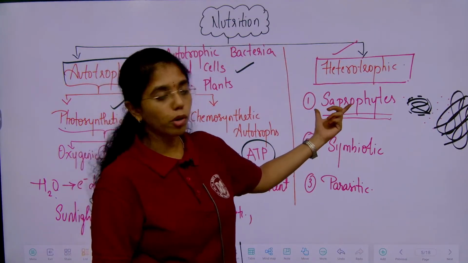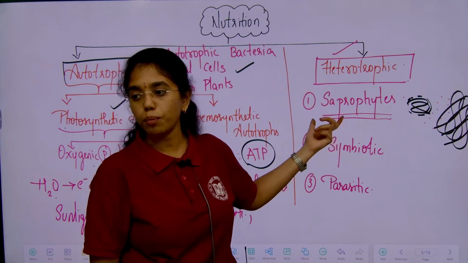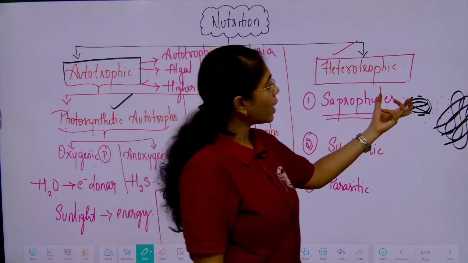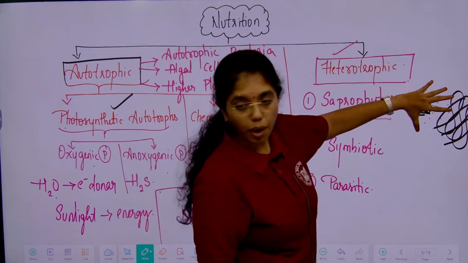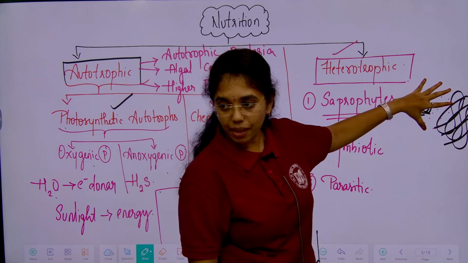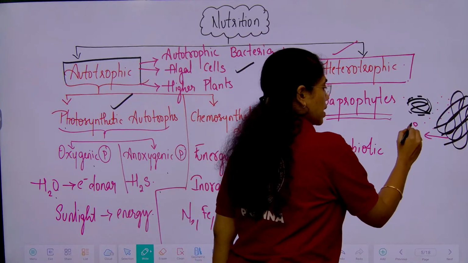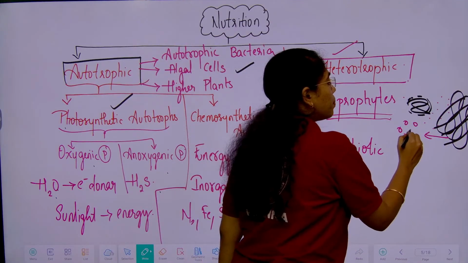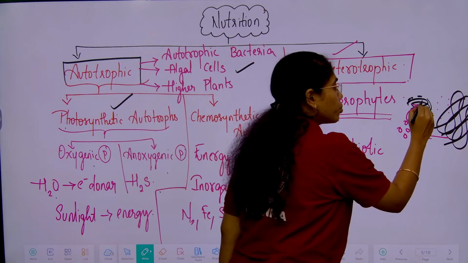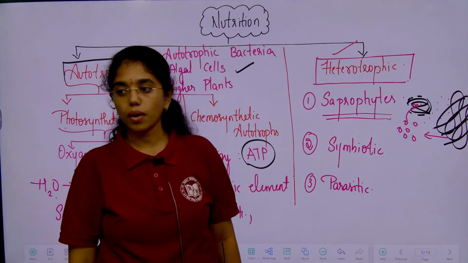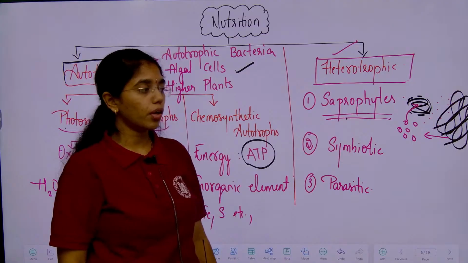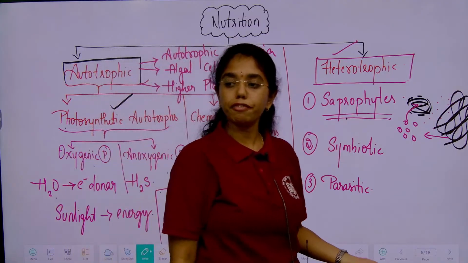Most of the decomposers will rely on saprophytic mode of nutrition. So, they will release the enzymes which will digest the complex substances into the simpler substances, and later these simpler substances are assimilated into the organism. Okay? This is saprophytic mode of nutrition, which is seen mostly in the fungi or